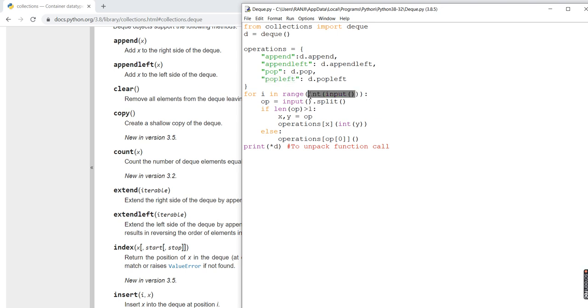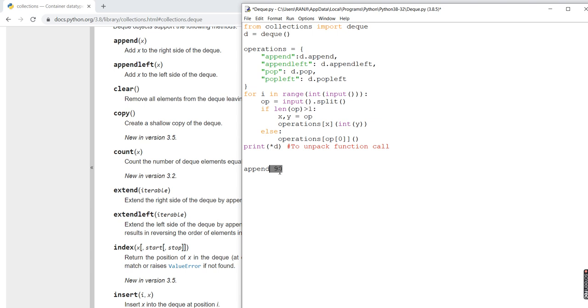So here is the first user input that I'm going to take. From the input that the user provides, I'll do a split, and it will be stored in a variable that is operation. Corresponding to this operations, I will have one single operation. Now that operation corresponds to any of these. So how the program will run: the input that I'll give is append, that is the key, the operation that I want to perform, and the value, that is the element that I want to put, say 90.